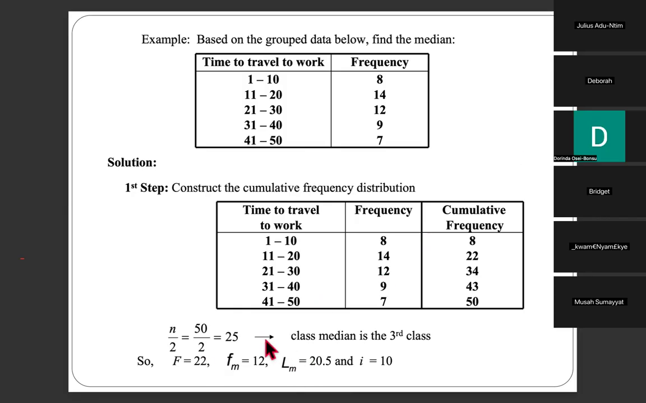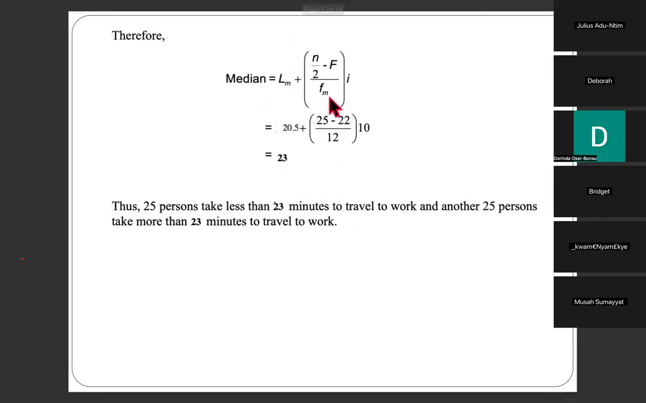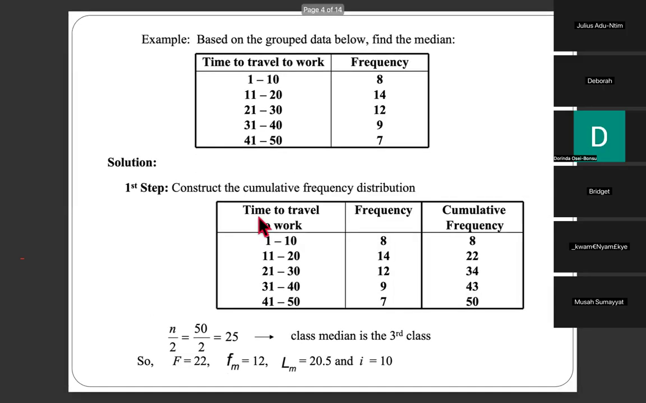So after getting these values, we just put them in this formula. 50 divided by 2 minus 22, divided by 12, times 10, plus 20.5 will give us 23. So it means that if we are looking at time to travel to work, when we split these people into 2, it means that